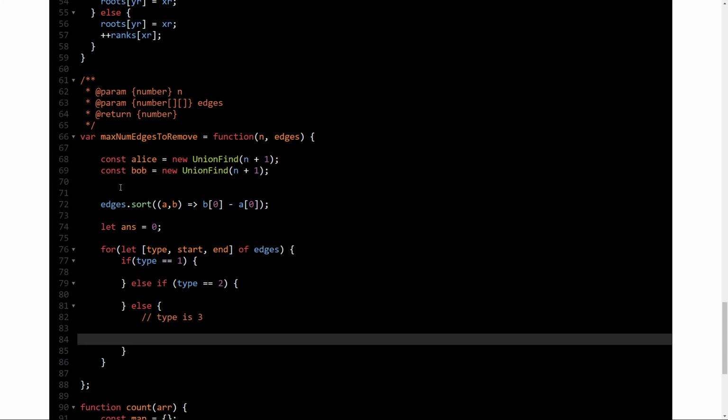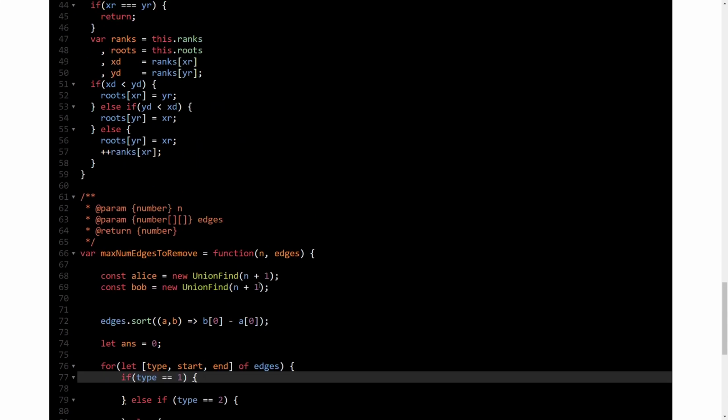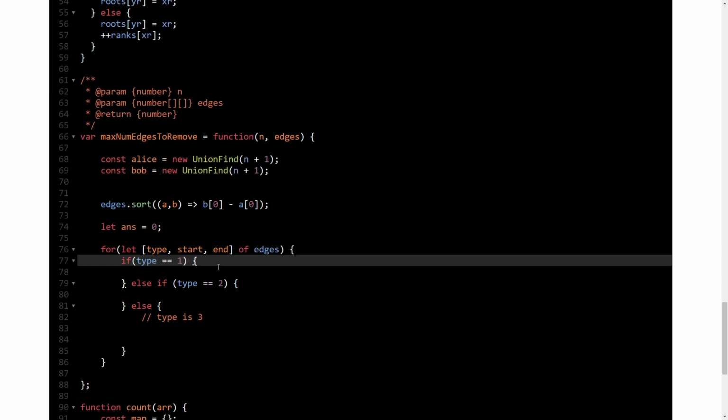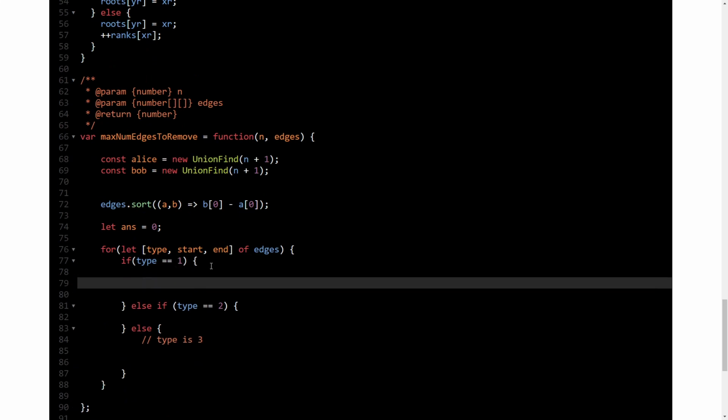So that is done. So now if type is 1, I need to see if edges are connected, right? So if type is 1, I'll just check if this edge is redundant or not. So how will I find out if it is redundant? I need to find if the start node and end node are already in the same component.